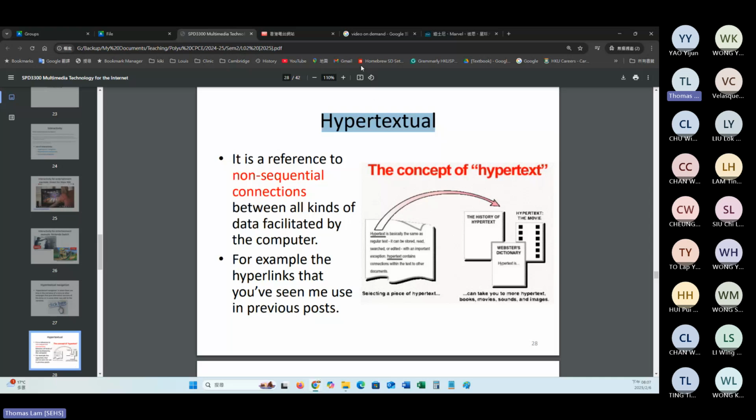Even in a game, sometimes there is an operation menu, and the operation menu must have a certain concept of hypertextual approach as well. You have to think about non-sequential connection, how to help the user or customer find the corresponding information or settings.